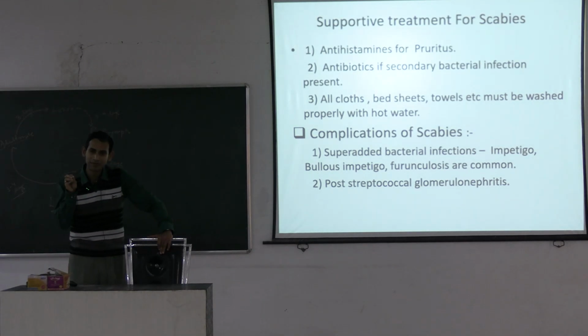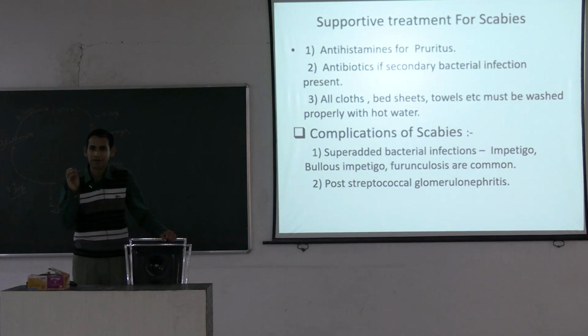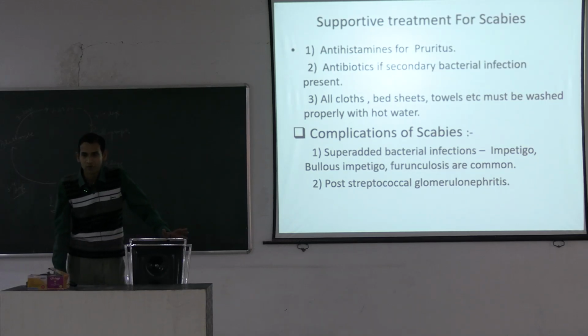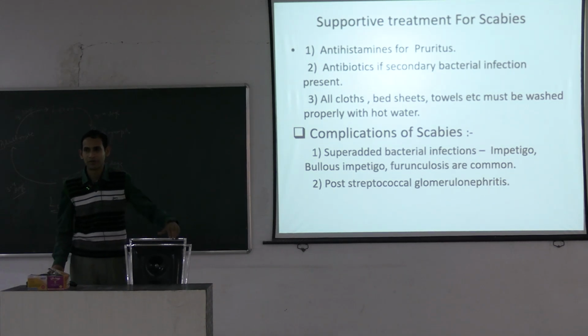But in infantile scabies, the entire cutaneous surface area can be involved, including the palm, soles, scalp and the face. But in adult scabies, the scalp, face and palm and sole are not involved. This is the most important aspect. The variants of scabies are usually nodular scabies or Norwegian scabies. Norwegian scabies is most commonly found in immunocompromised persons or persons with neurological disease, particularly Down syndrome, organ transplantation patients, persons taking long-term oral steroid therapy, or lepromatous leprosy and HIV positive patients. You will get the crusted scabies.